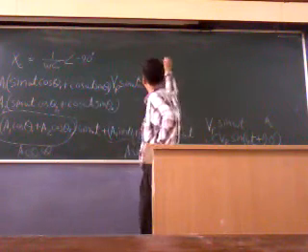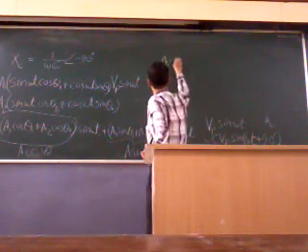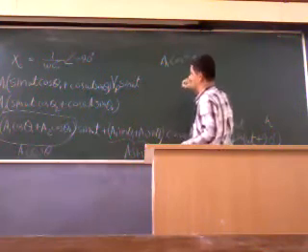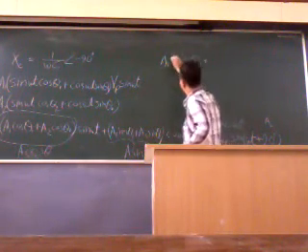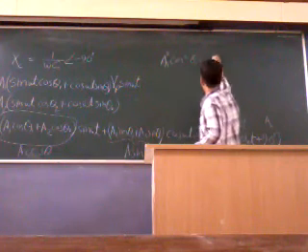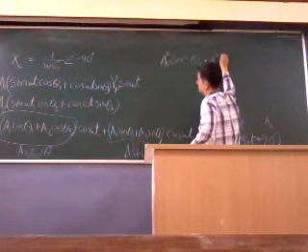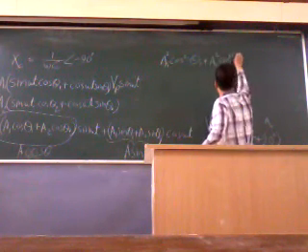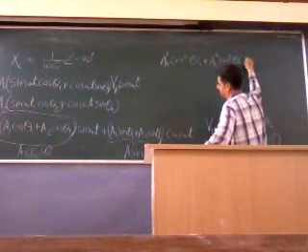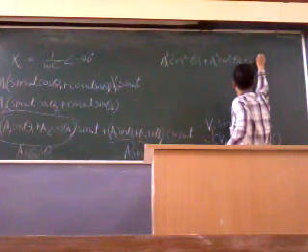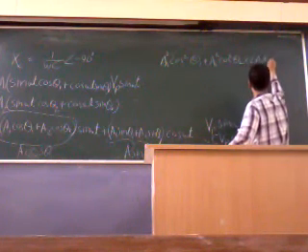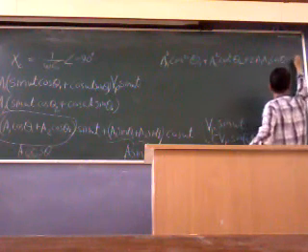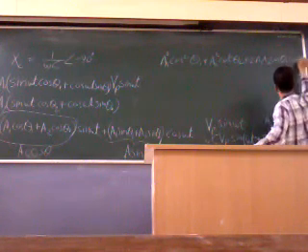So this is a1 square cos square theta 1 plus a2 square cos square theta 2 plus 2 a1 a2 cos theta 1 cos theta 2